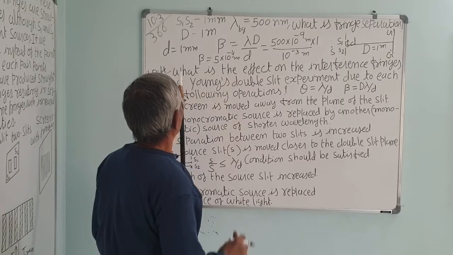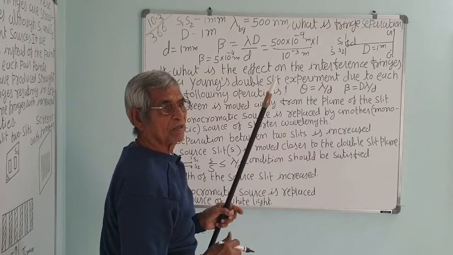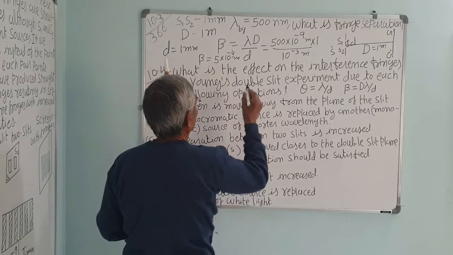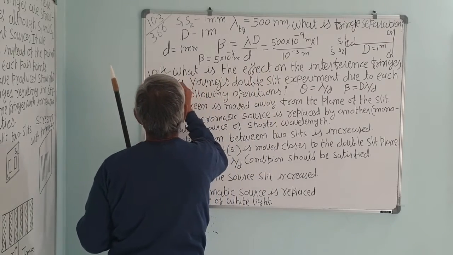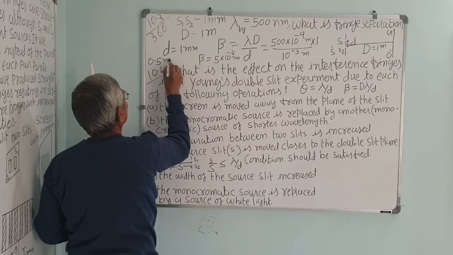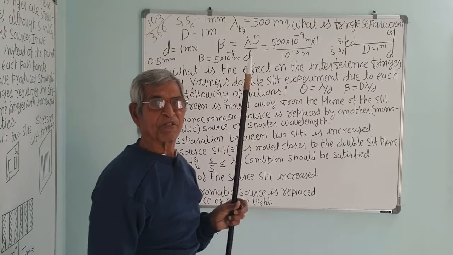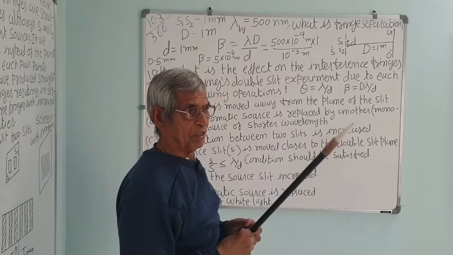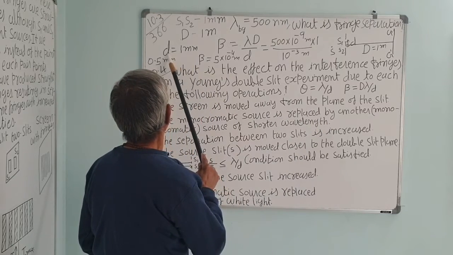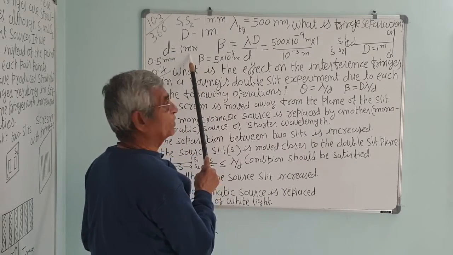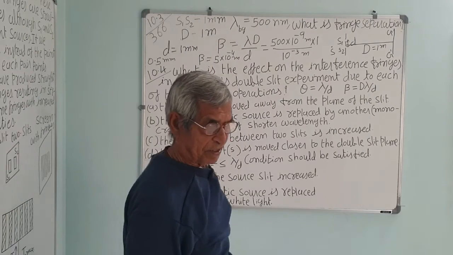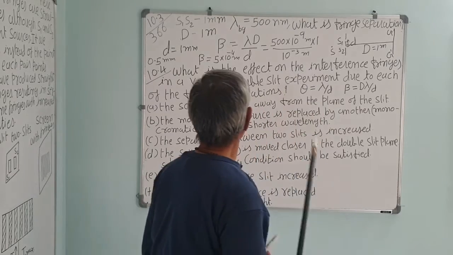Correct. Or you can convert it to millimeter also. This is 0.5 millimeter. The answer is 0.5 millimeter. Always the fringe width will be in the millimeter unit. The slit separation small d is also in millimeter. Only capital D, the screen distance, is a large distance of 1 meter. It's a very easy numerical.